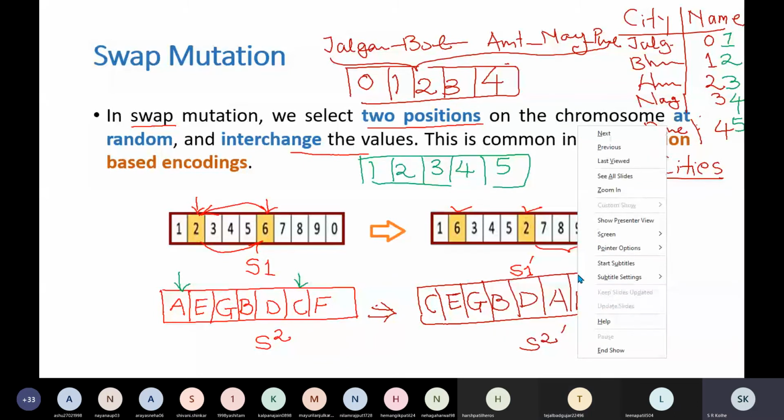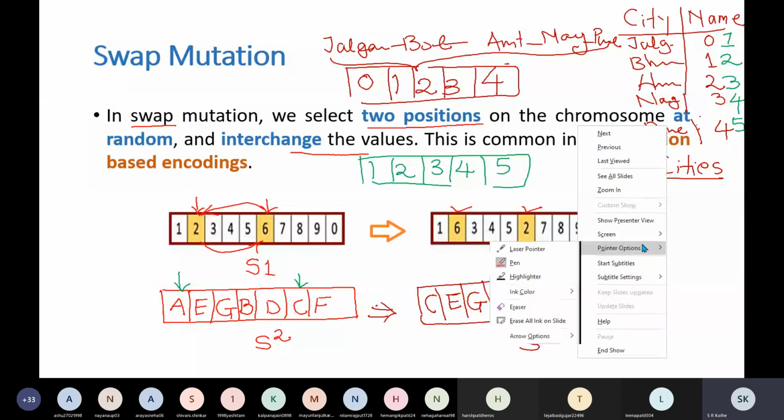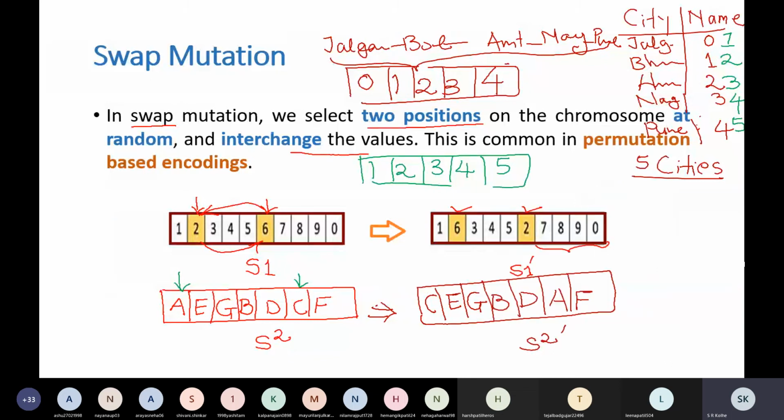But somebody else will say it in some other way. For example, Jalgaon means 9, then 2, 4, 3 and 8, something like this.